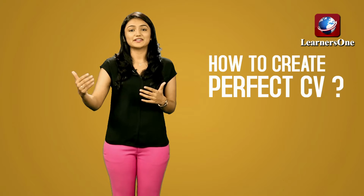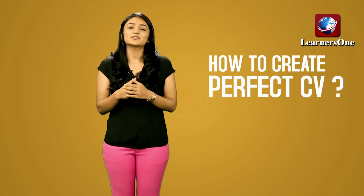Second, if you're applying for a technical position, then more important than your design is the qualification and experience that you bring on board. Say, for example, you're applying for a creative job. Then more than anything else, it's about the creativity that you show through your portfolios and work so far. So once you understand which kind of organization or field that you're applying in, let's start with the most basic